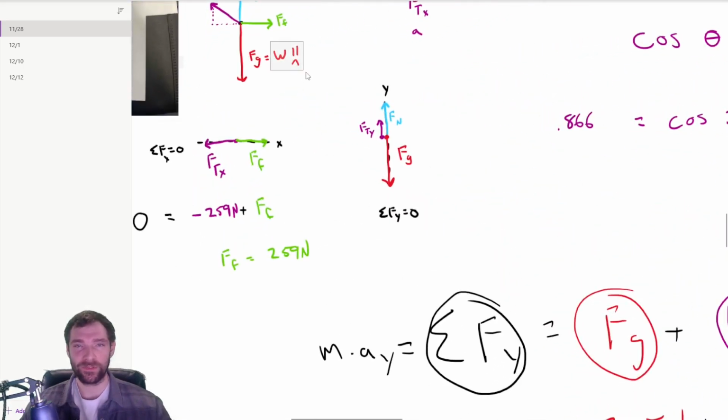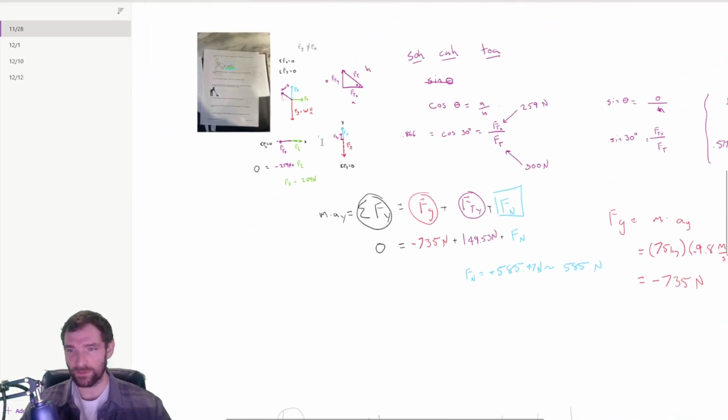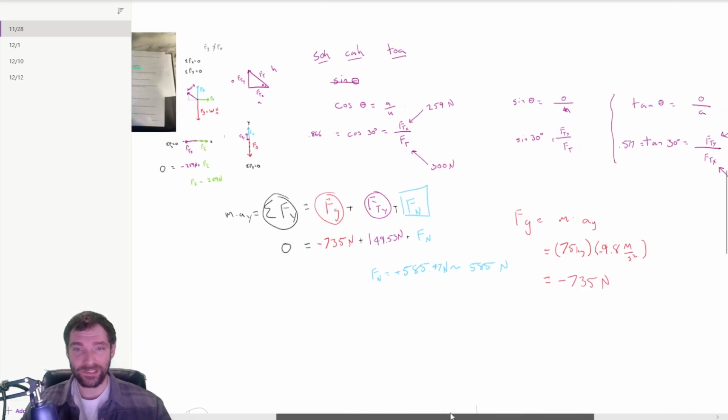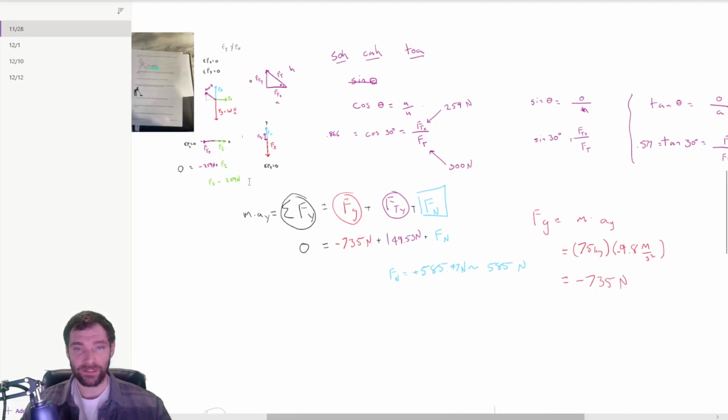See right here, they had W, I think, in that problem for the force of gravity. So I always keep the same letter for a variable, and then I'll put subscripts to let me know which part I'm dealing with. In addition, I never rearrange this equation. I always have the sum and the different components, and then the components may have a positive or negative sign on them,